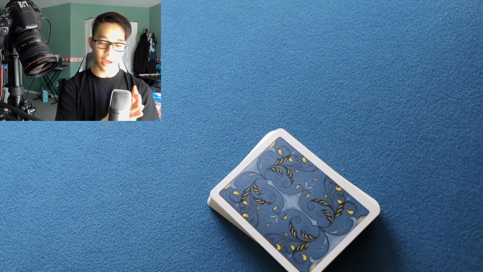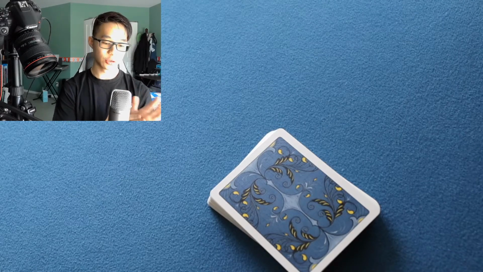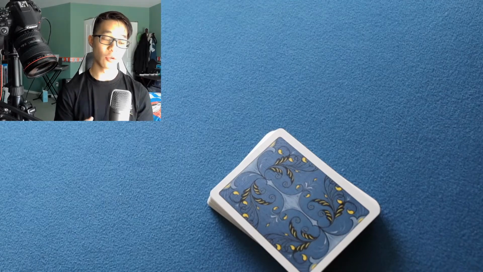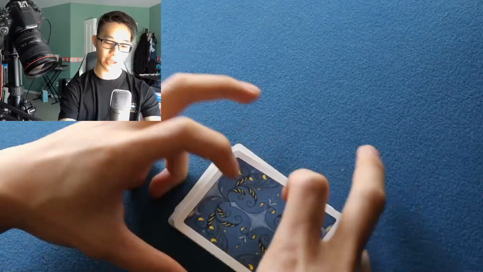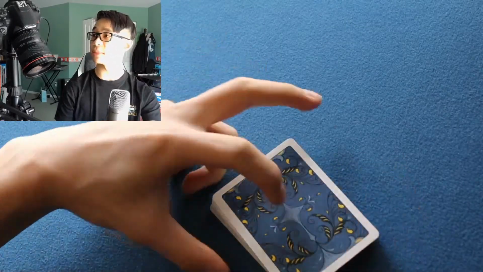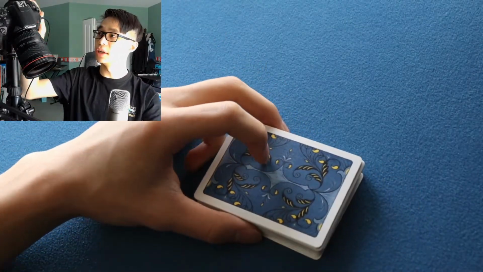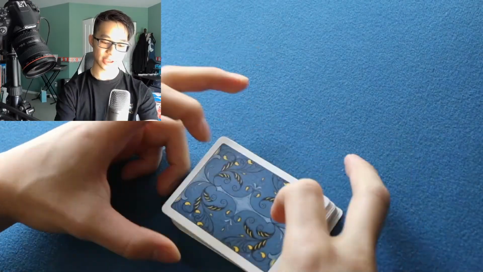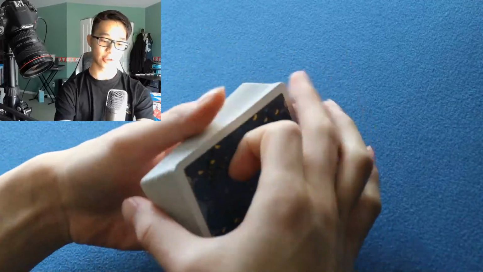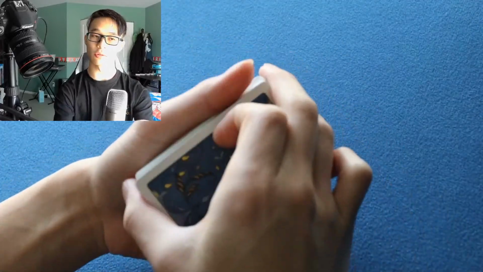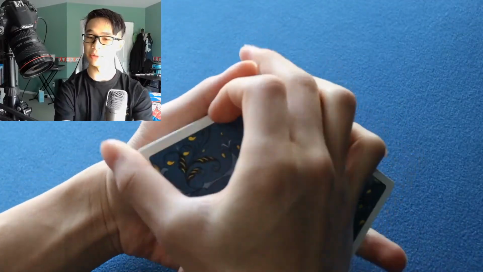So a couple of pros when it comes to the classic pass as a move. It is actually a very effective way of controlling a card, because if you think about it, a classic pass is actually just cutting a deck, right? So if you're looking to control a single card,